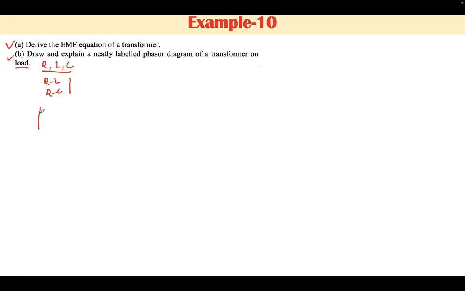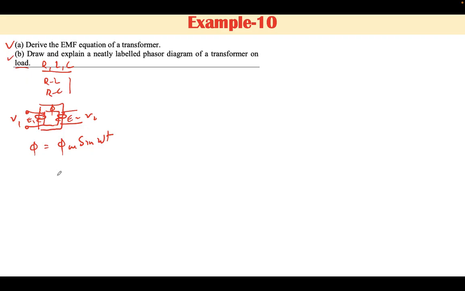A transformer is a static device which can transfer electrical energy from one circuit to another circuit. There are two circuits. Here the voltage is V1 and here the voltage is V2. Because the supply is AC, there will be self-induced EMF E1 and self-induced EMF E2. By definition, we know the flux developed in the primary winding, where the supply is connected, will link with the secondary as well. Because the supply is AC, the variation in flux will also be sinusoidal, phi m sine of omega t.